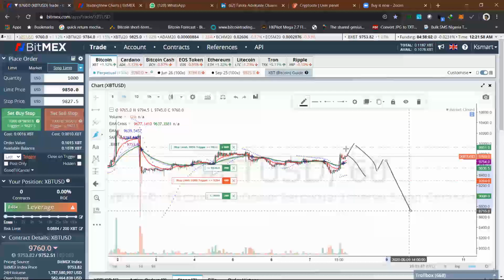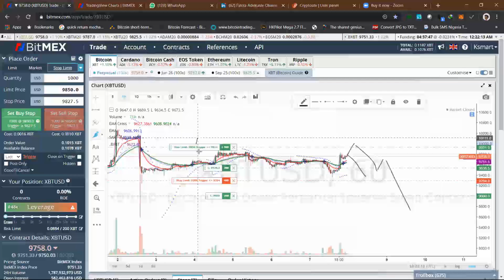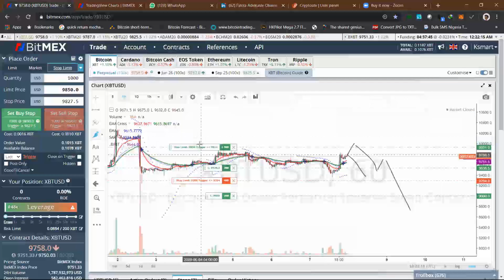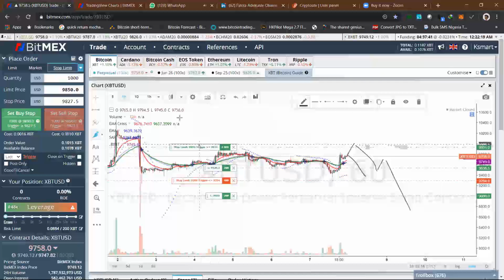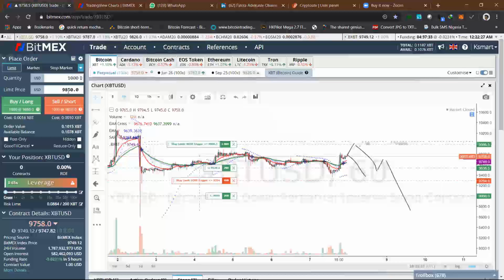If you place it close to your support, it is very, very risky for you, because you're placing a trade right around the support. So that is the reason why I prefer adjusting my trade and placing it far away from the support. I place my stop loss a bit far away from the support, and immediately I place my trigger, my target also. I'm placing my target right now to be around